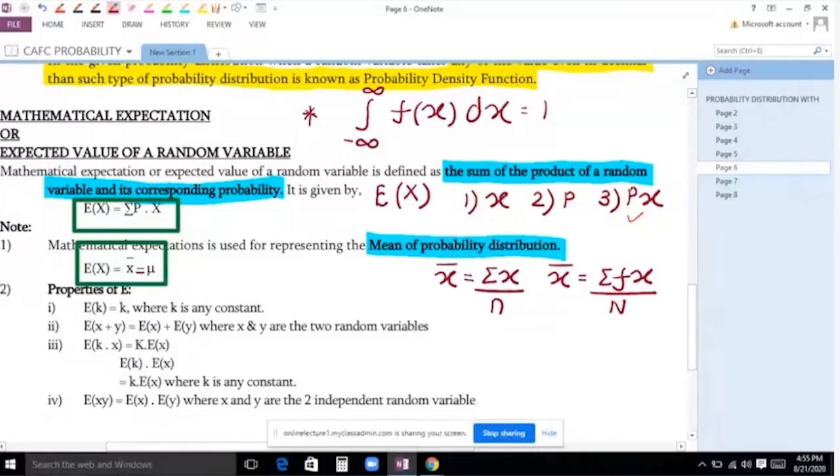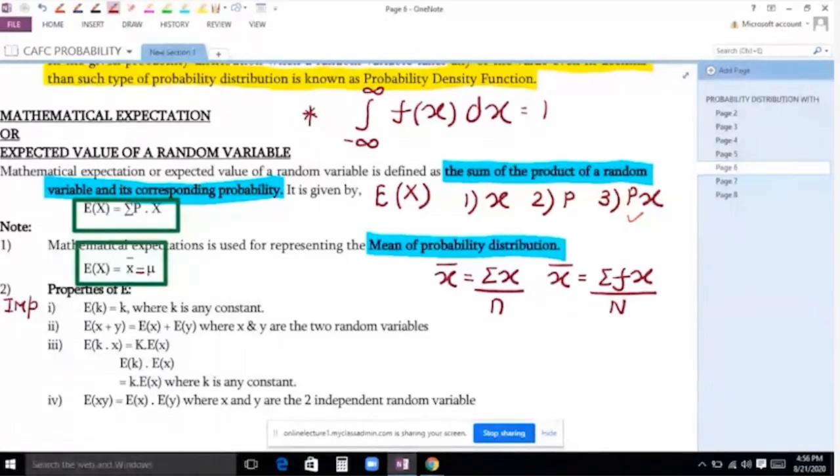ये तुम लोग बड़ा कहीं पे नोट कर लो उसे। Mu is also used for representing the mean। मैं आगे पढ़ाऊंगा नेक्स्ट टॉपिक में। और फिर उसके बाद आता है प्रॉपर्टीज ऑफ E। Mark this as very important. It is highly expected, highly expected।